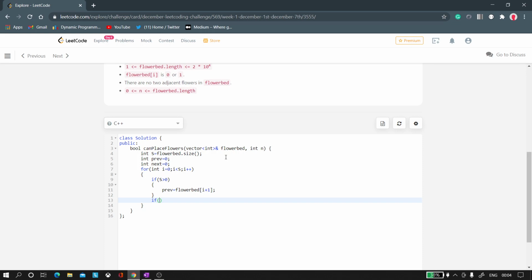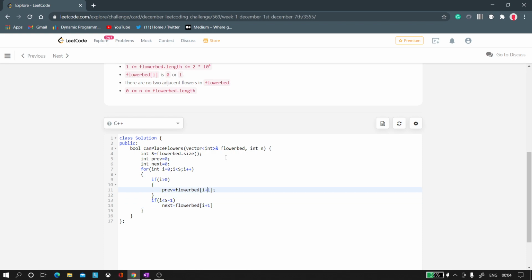If i is less than s minus 1, we have next equals flower bed of i plus 1.